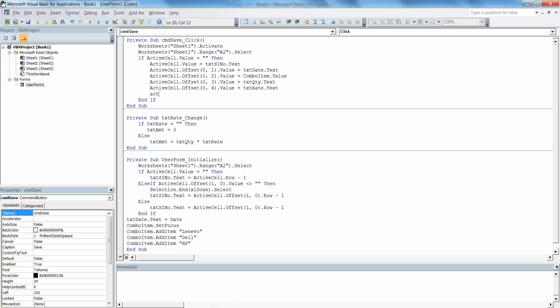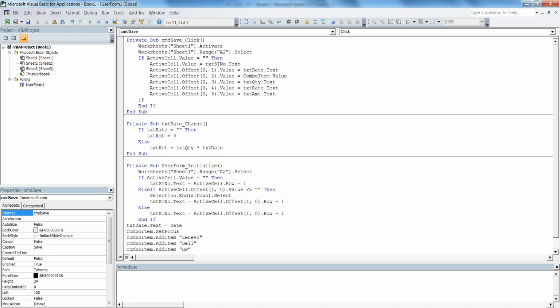So for that, active cell dot offset 0, 5 dot value equals to, now we will be assigning the value of amount text box dot text. So this way we have written, if the active cell dot value equals to blank, then do all these tasks, that means execute all these lines. Now we will check the another condition, else